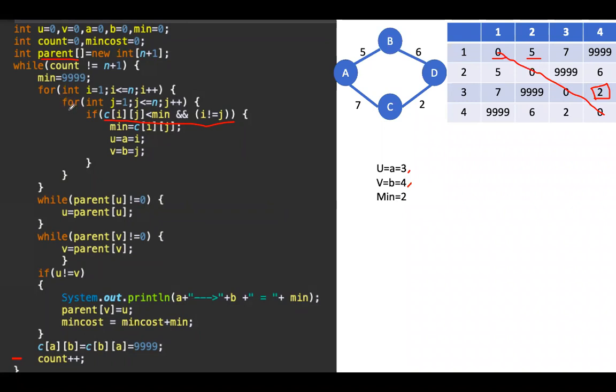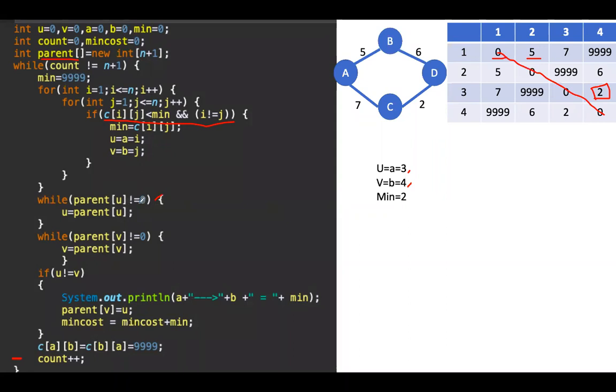In the first set of iteration in this matrix, the algorithm has found there is an edge between 3 and 4 which has the cost 2, the least cost. In the first iteration, it has found this is the least cost. So this while loop will not be executed. Parent of u is 3.